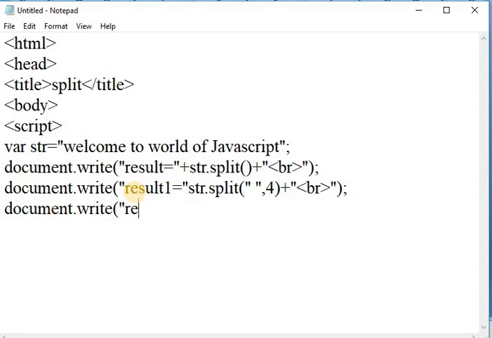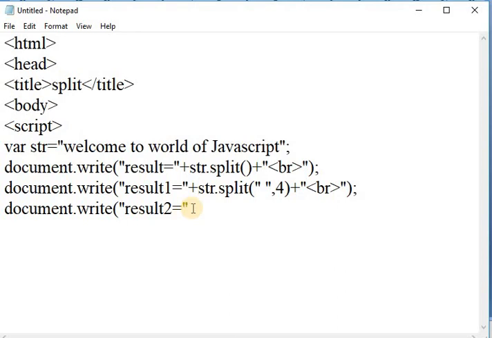Write result2 equal to str. Here use a concat operator, that is plus.